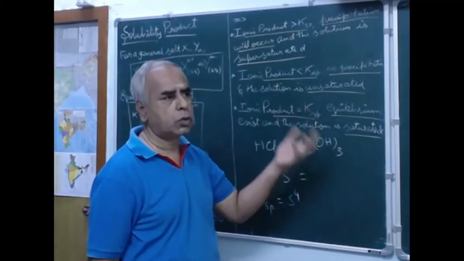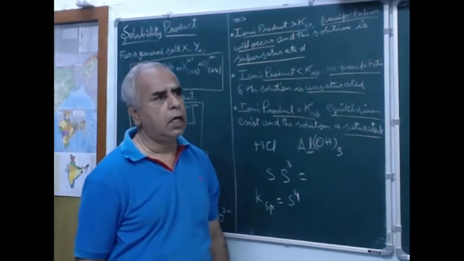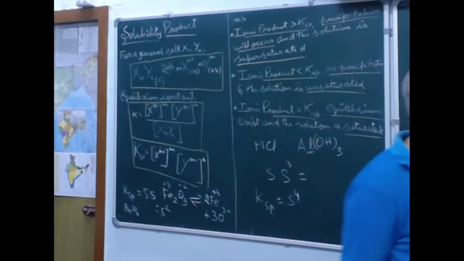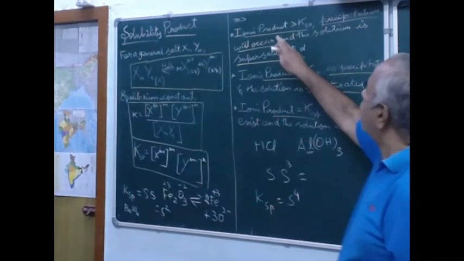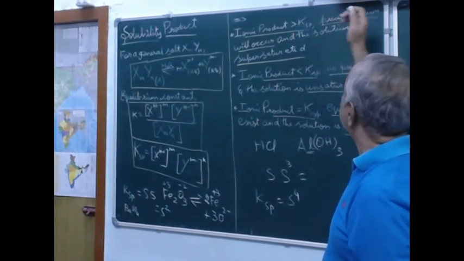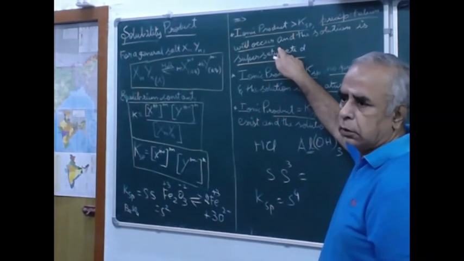Likewise, based on the solubility, we can classify this. And not only that, KSP increases with increase of temperature. You can make a note of it. KSP increases with increase of temperature, because the solubility increases with the increase of temperature. And that is why when the ionic product exceeds KSP, precipitation will occur. Got this point?